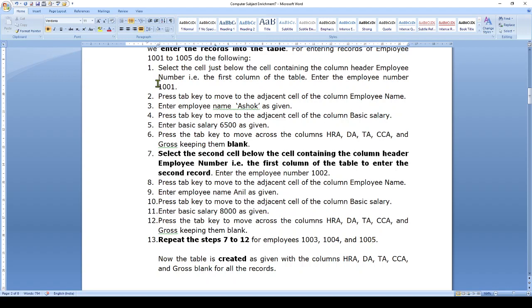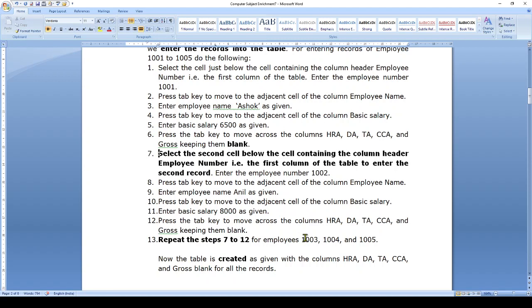For the first two records we have written the steps. For the next three, you will repeat the steps from 7 to 12 for the employees 1003, 1004 and 1005.